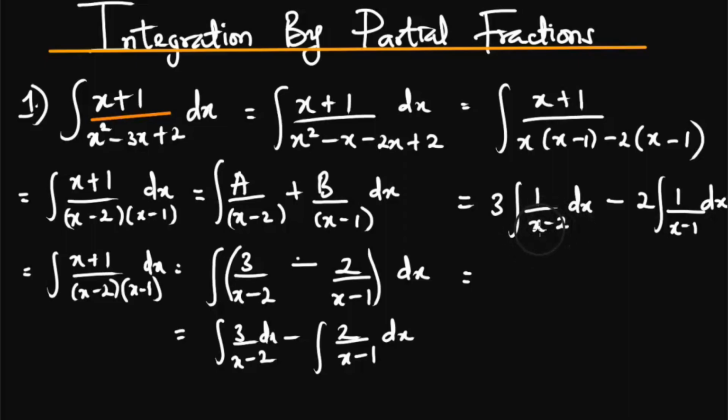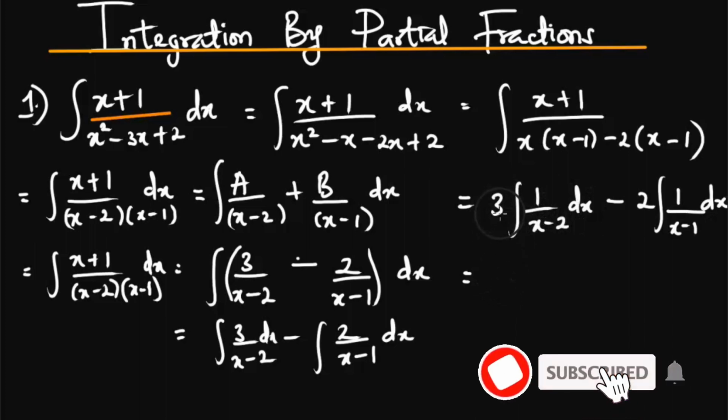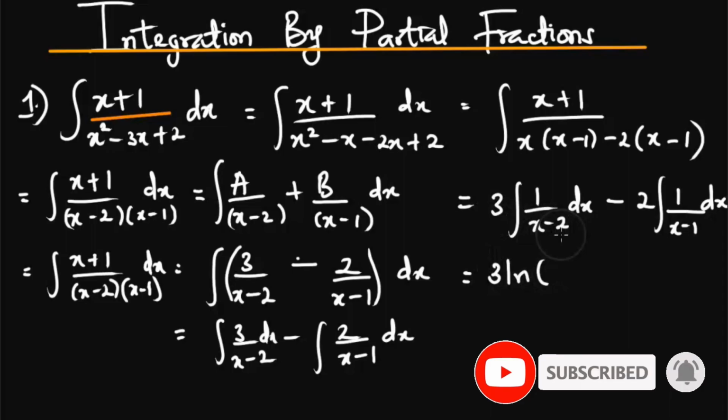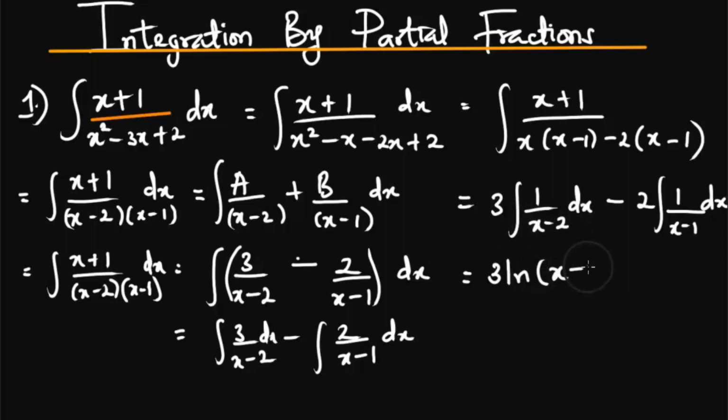So differentiating x minus 2 gives me 1, which is my numerator. So the integral of 1 over x minus 2 is going to be 3 multiplied by the ln of the denominator, x minus 2. And same here, we have minus 2 multiplied by the ln of the denominator, x minus 1,